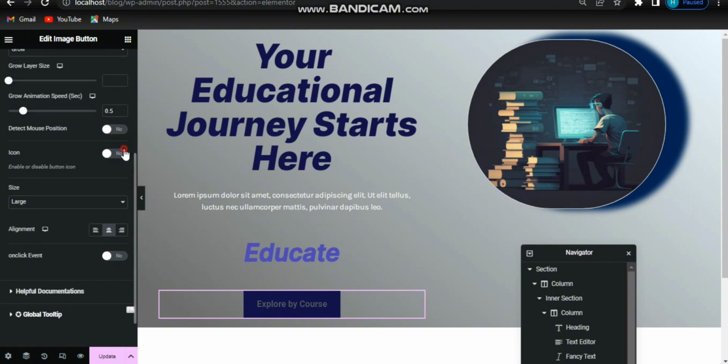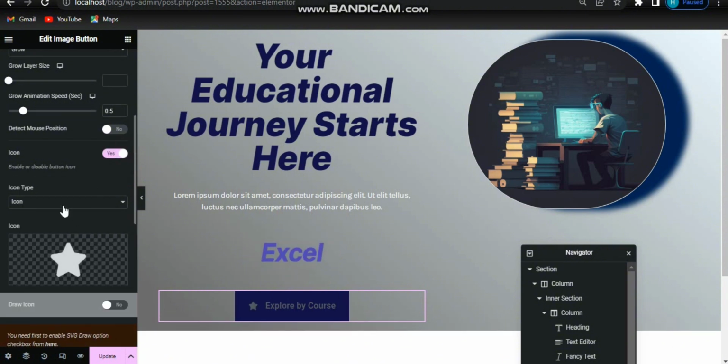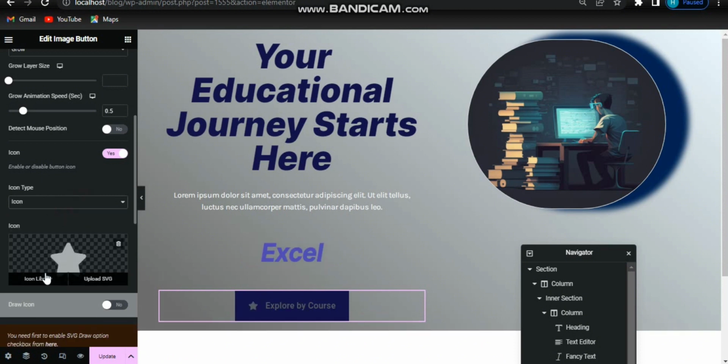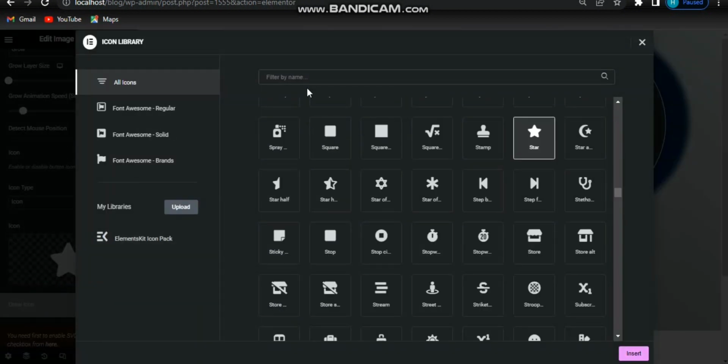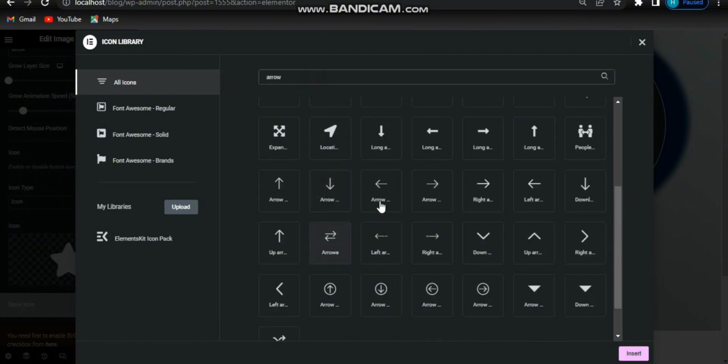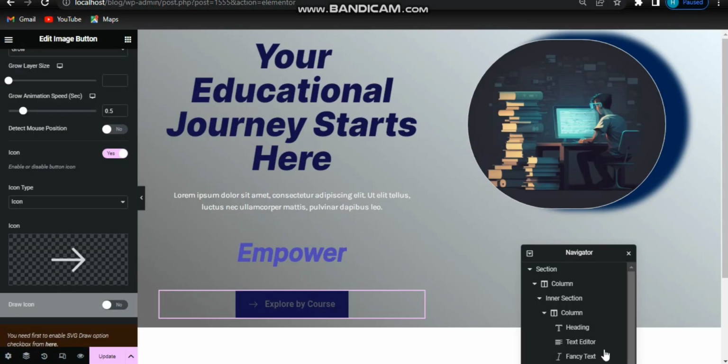I want icon here, turn on, and select icon type as icon. If you have any SVG code, click here and enter your SVG code, but in my case I have no SVG code, and that's why I will select from here. I wanted like arrow, and click on arrow and insert. I want arrow here,